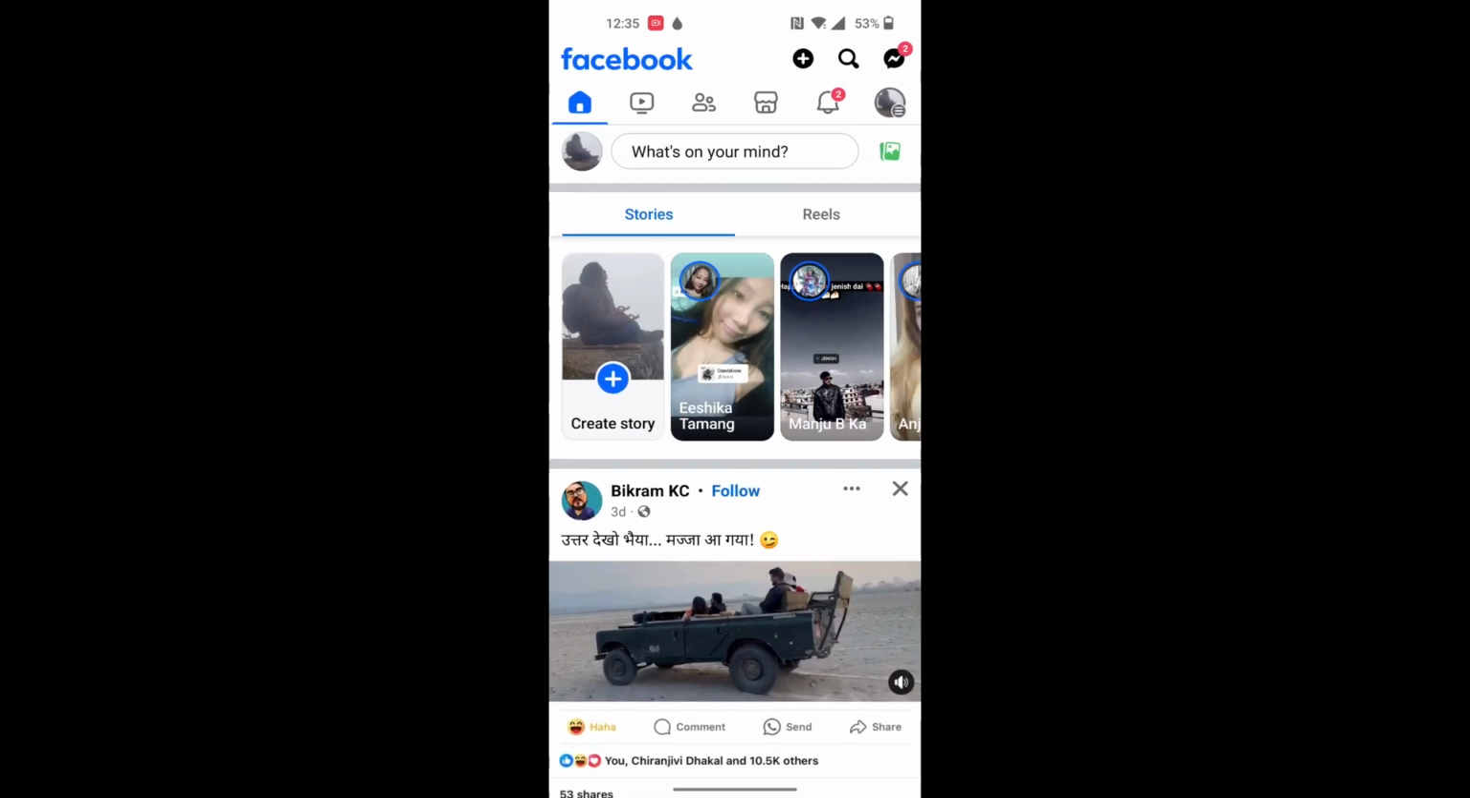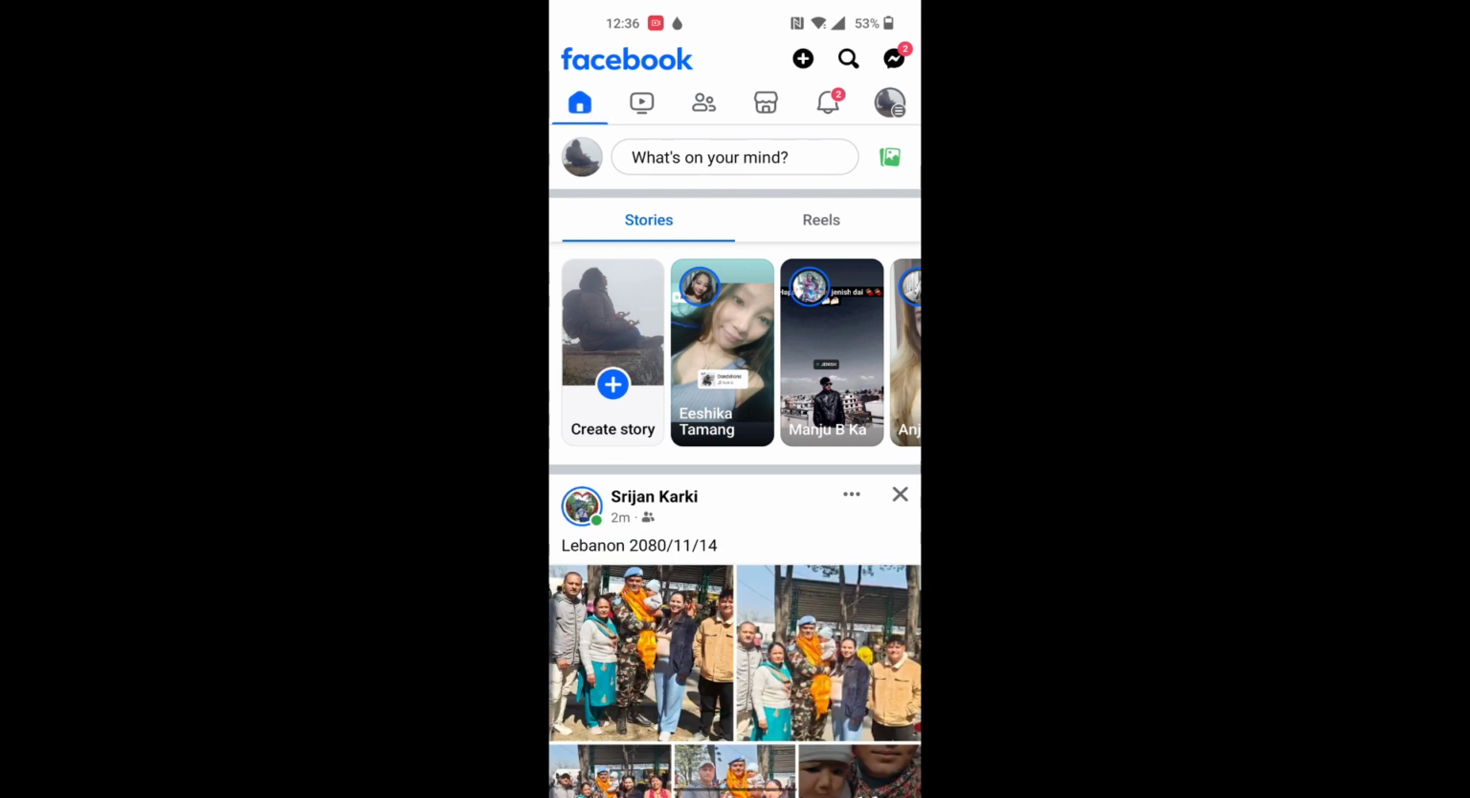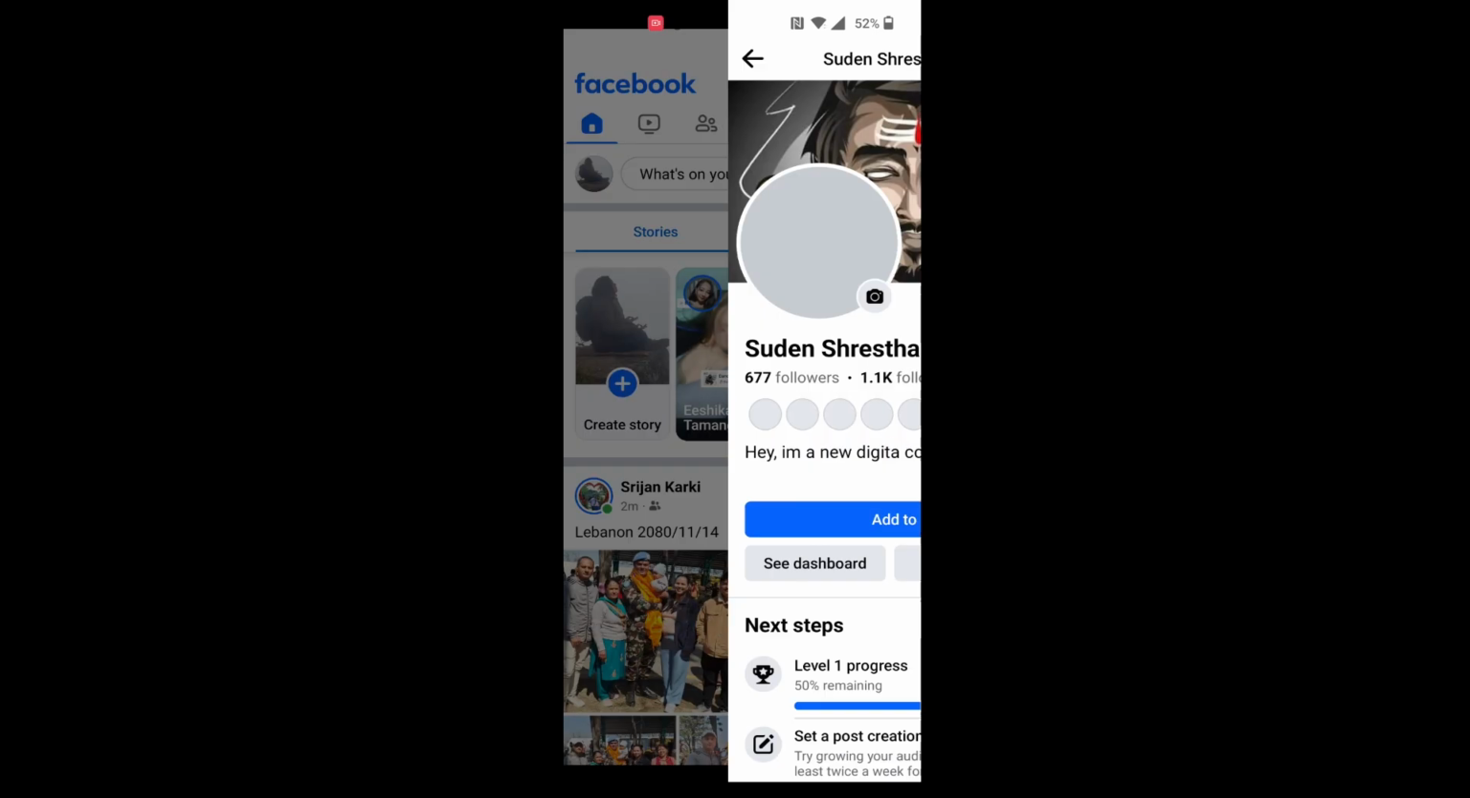And to do that, to post a photo on Facebook, after opening your phone, at the top left corner of the screen you can see there is the home icon over here. Currently we are on the home, and just below that icon there is a small profile icon of yours. At the top right corner of the screen, tap on your profile icon, the small circle, and then you'll be